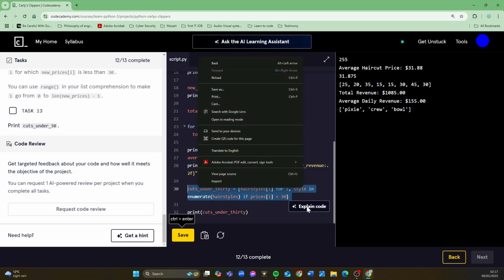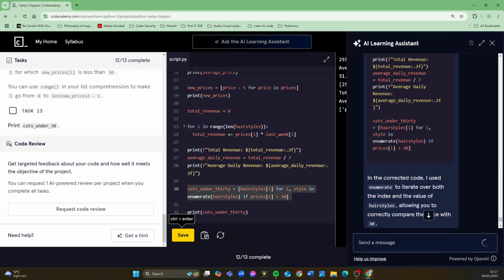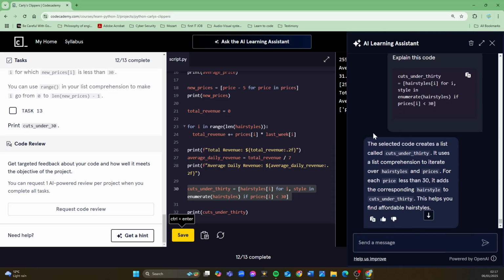So explain code. So the selected code creates a list called cuts under 30. It uses a list comprehension to iterate over hairstyles, the name of a list, hairstyles, and prices. For each price less than 30, it adds the corresponding hairstyle to cuts under 30. This helps you to find affordable hairstyles. Why do we need to...